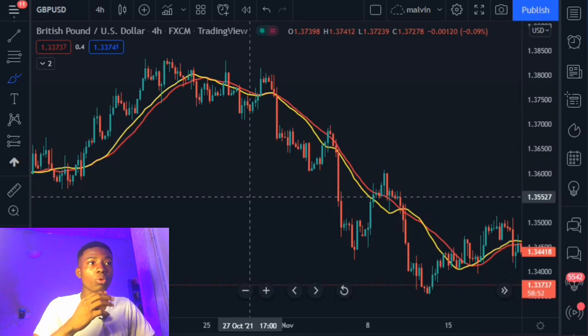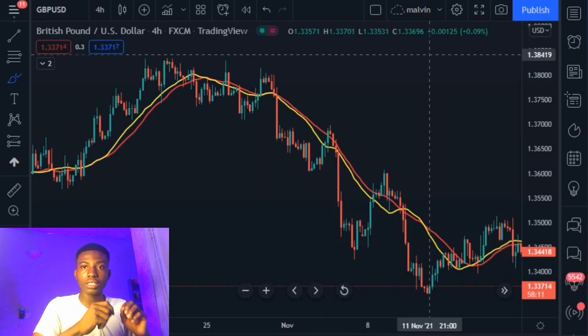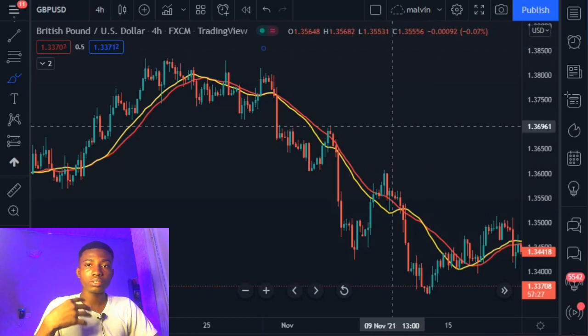But to make this strategy more powerful than it is right now, you should actually use it with support and resistance, or you can actually use the Heikin-Ashi. But in this video, I'm going to show you guys how you can use the moving average with the Heikin-Ashi candlestick. Okay, so why I'm actually recommending the Heikin-Ashi candlestick is for those that cannot really